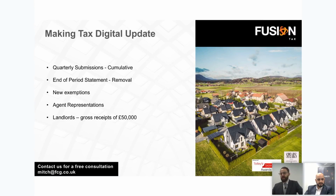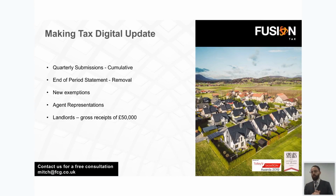The autumn statement obviously was held, and there was a lot of media about tax cuts being made, of which there were minimal. One thing that we wanted to talk to everyone about today was the update towards Making Tax Digital, and there were some changes. One of the biggest changes, particularly affecting the property industry, was that any landlord that has gross receipts of £50,000 or more will have to register for Making Tax Digital, which will